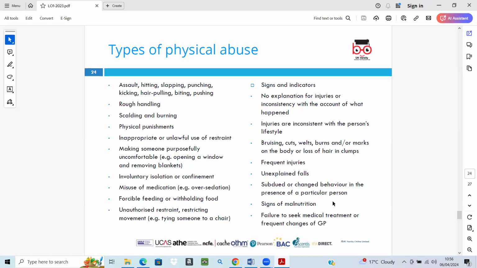Forcible feeding or withholding food. Again, we have the signs and indicators for this abuse as well. For example, no explanation for injuries: the person may have bruises, cuts, or other injuries without a reasonable explanation, and injuries inconsistent with lifestyle. The person's injuries don't match their